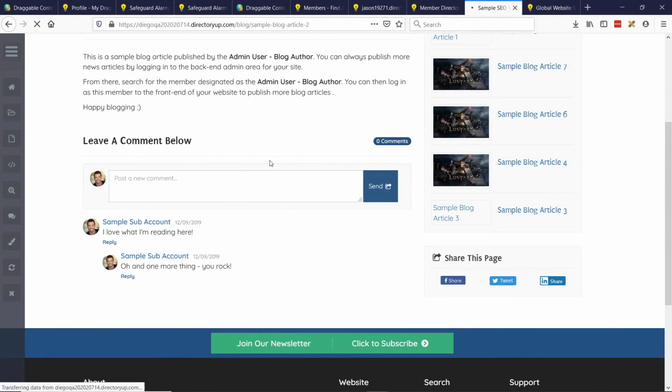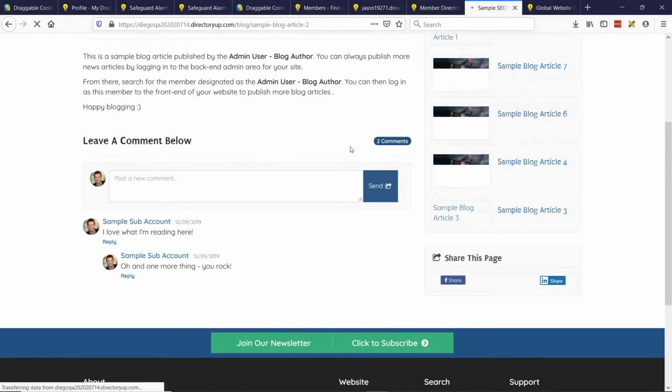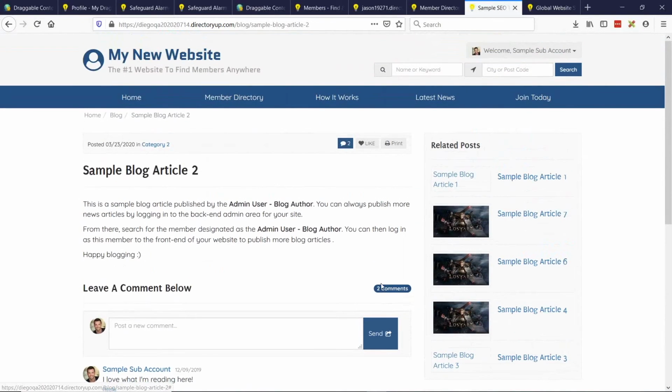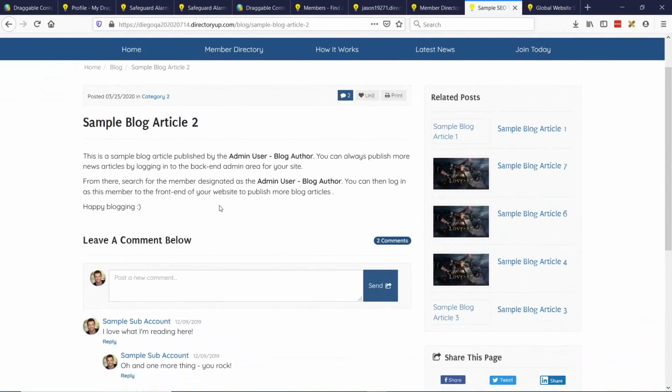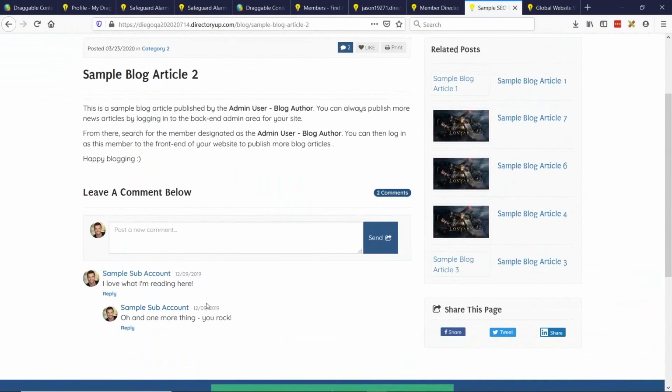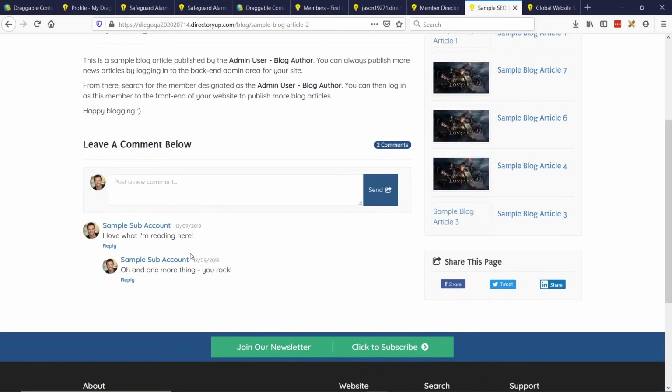If we refresh the page here, the comment counts will start showing up. So we can see there's 2 comments and 2 comments. You'll be able to control what this title is. And then things like send and post a new comment that you're seeing in here, those will all be text labels that you can edit. And this is what it looks like on the front end. So we could really easily see how this could turn into a nice little mini forum for you.